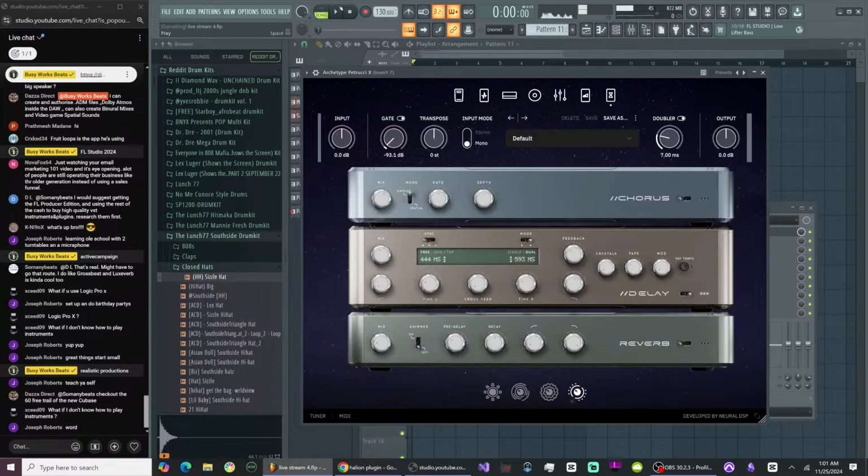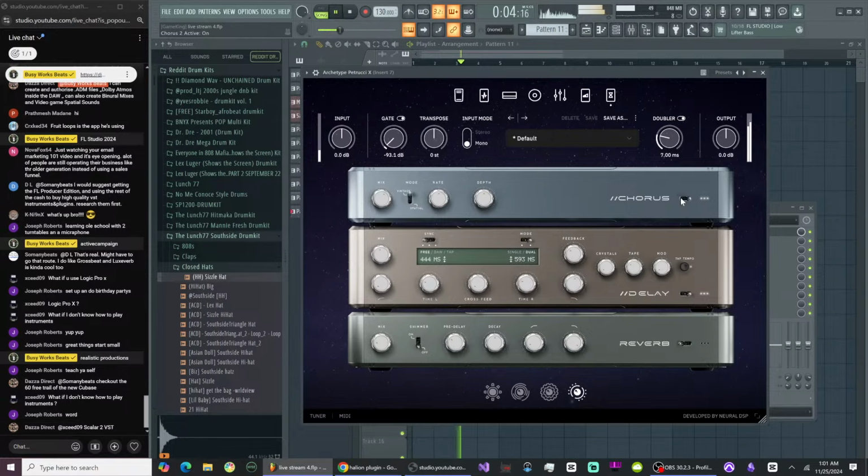Let's add some chorus, for example. I feel like I'm hearing a tone. Might be just the echo.